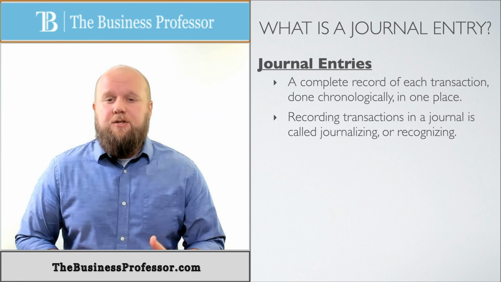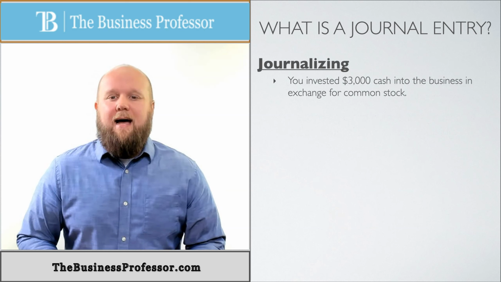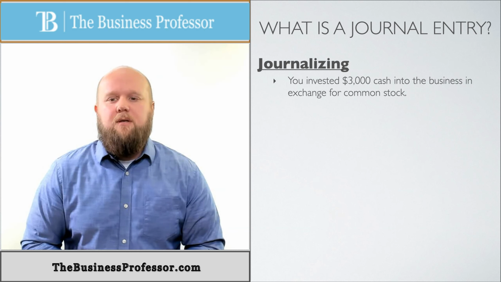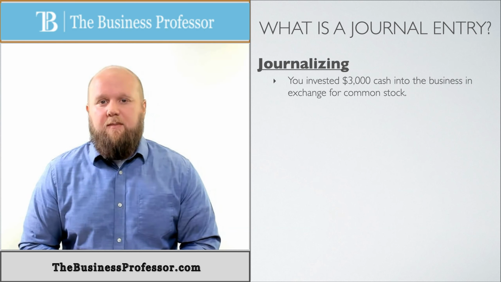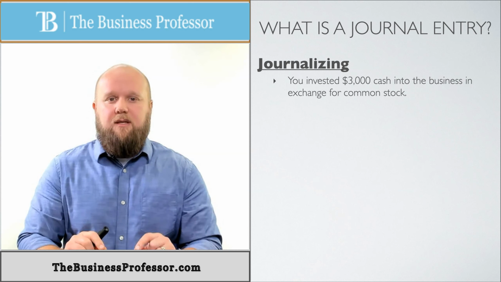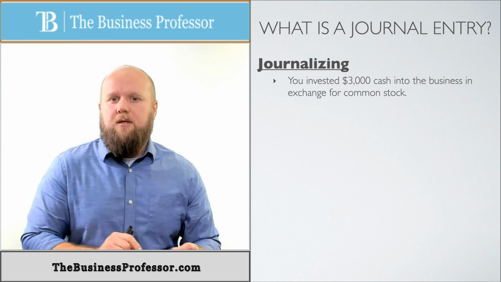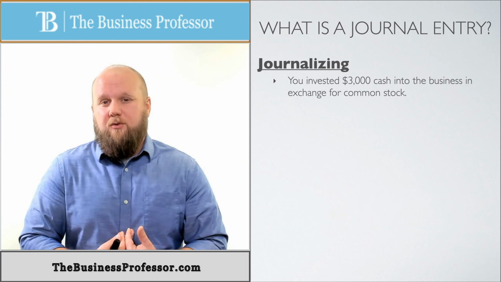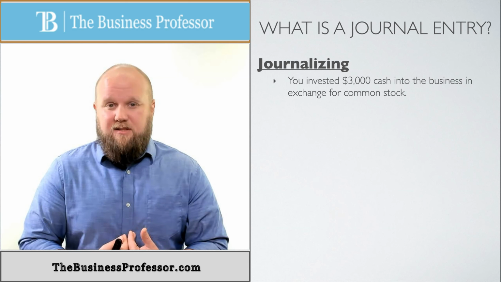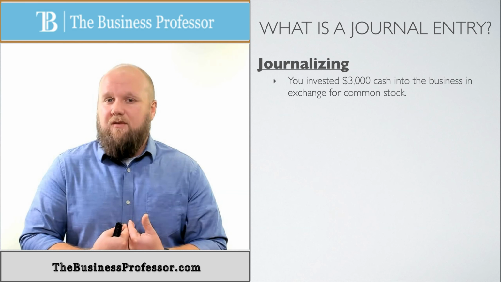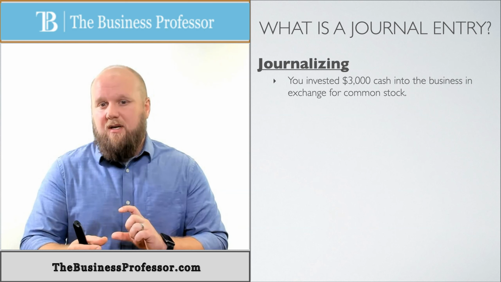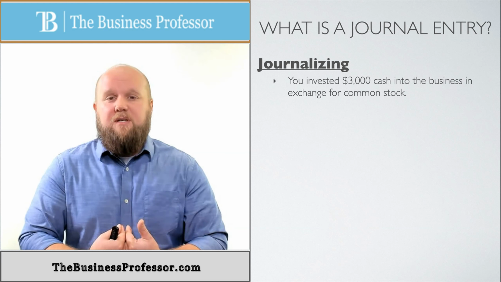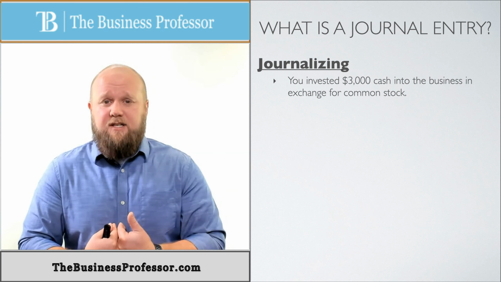Okay. I'm going to show you an example of what journal entries look like, how they work. So let's use this as an example. You invested $3,000 cash into a business in exchange for common stock. Now, first and foremost, I want you to understand this, and I think this is what makes accounting a little bit more tricky than other business classes or subjects: we're not a person here. When it says you, you're not doing this for you. We're doing this for the business. We're on the back end of the business. So this is kind of a new way of thinking. You're going to have to put yourself in the business. So really, this is not saying that you invested in it. What we're doing is, as we, the business, have received $3,000 cash in exchange for common stock.